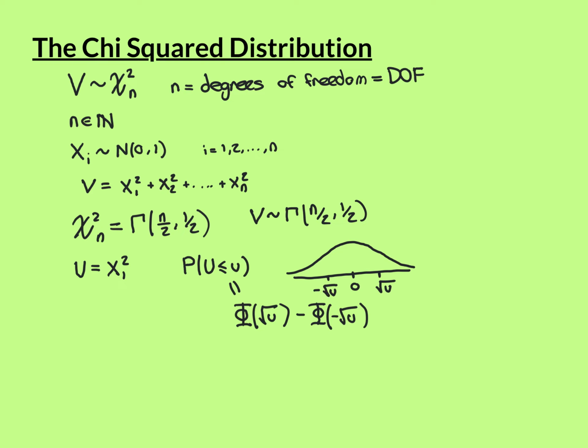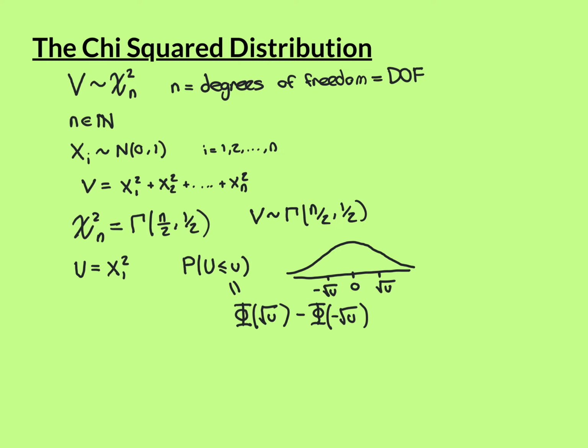If you consider what that's going to be mapped onto, when we square it, it will go to u. When we square this one, it will also go to u. So these will be bang on this point. And then if you consider all of these numbers in between negative the square root of u and the square root of u, so if we took this number here and squared it, it would be mapped onto something that is smaller than this, so it would be in the correct range for this. So actually, if we want to know the probability that when we do this square, we'll get something less than u, we need to know the probability of being in this range, i.e. we need this area here under this